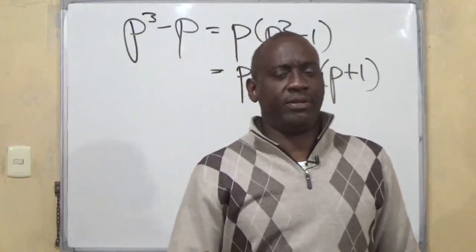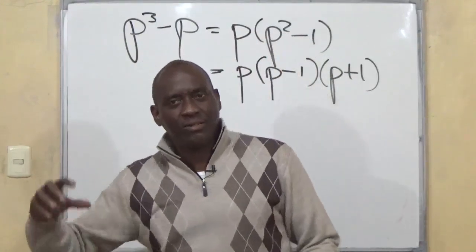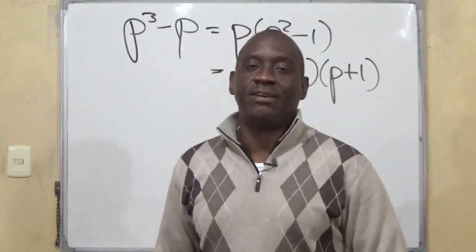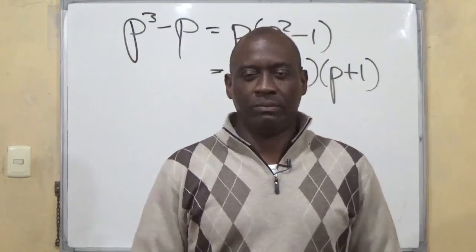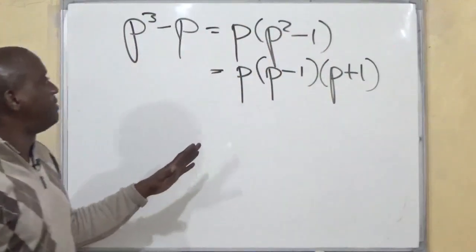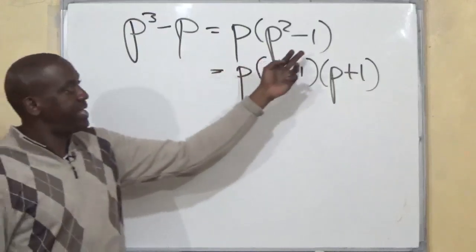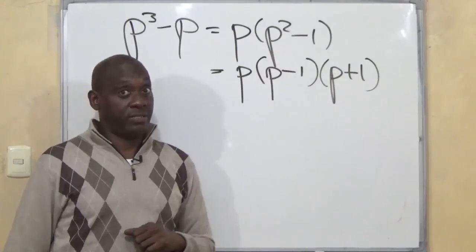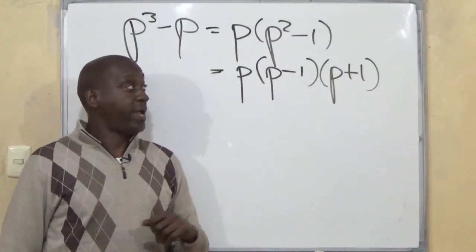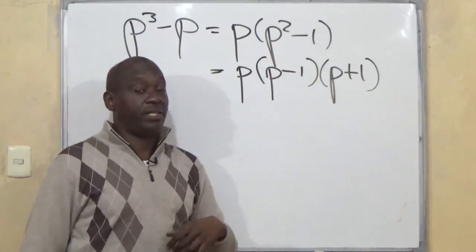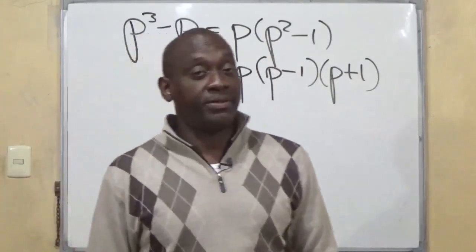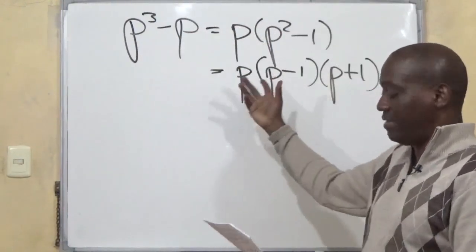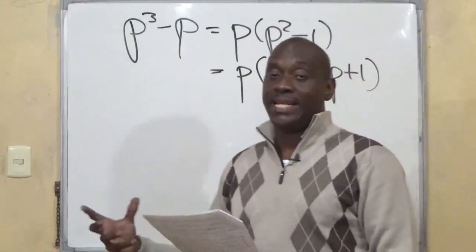And then we had the next level where you had to do a preliminary factorizing first. In those questions, they might tell you to factorize completely. This is an example of that. Factorize completely, because you could factorize here, and if you're not aware of the difference of two squares, you will stop here and tell yourself you're finished. But no, you had to factorize now p squared minus 1 into p minus 1 into p plus 1. Your common factor could be a letter, as we have here, a variable, or a number, as we had in the example before,